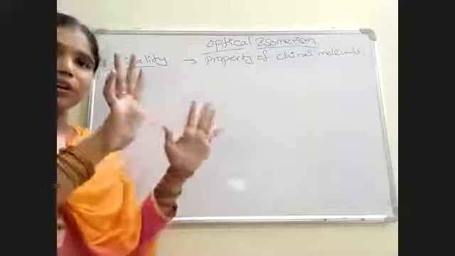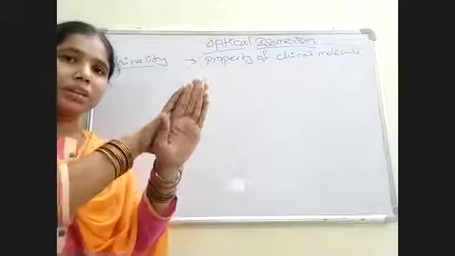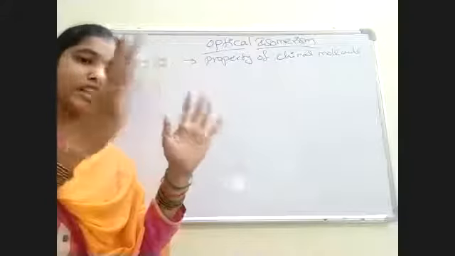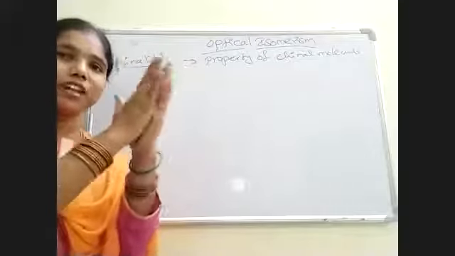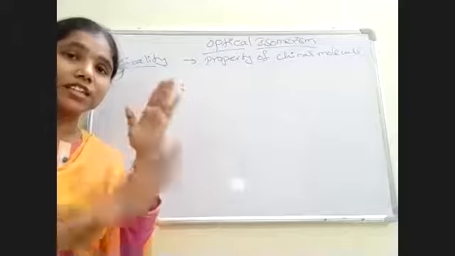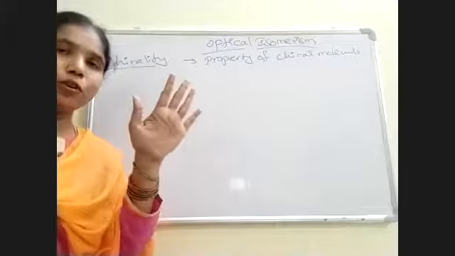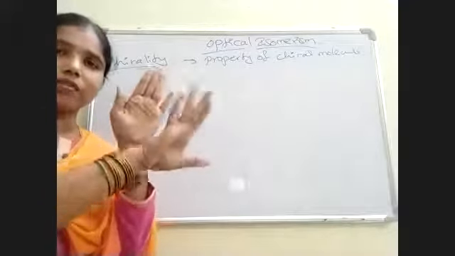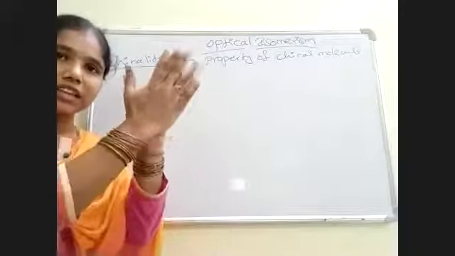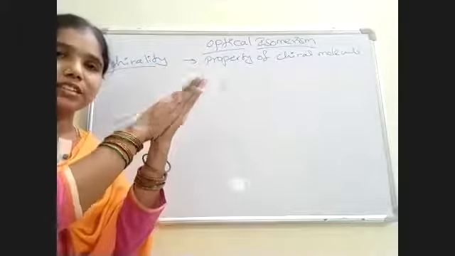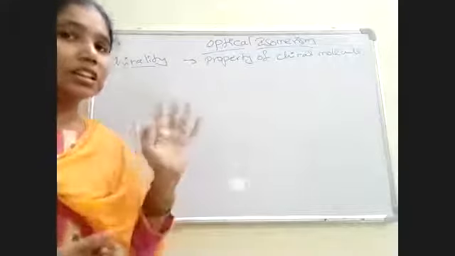Let us take our two hands. They are non-superimposable to each other, and these two are mirror images. So right hand and left hand are non-superimposable mirror images. This is not the superimposable criteria. It is a three-dimensional phenomenon. Superimposability means if you take the two hands in one single plane, it should look like one hand. It is not like this. Here this one is different and this one is different, so this is not superimposability. Superimposability can be seen in a three-dimensional way.